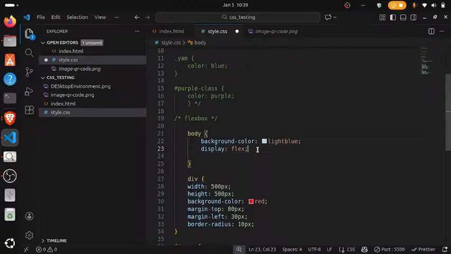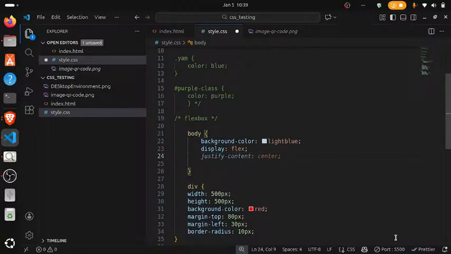Then after we've said flex, the next thing that we're supposed to do is very simple. We can say justify